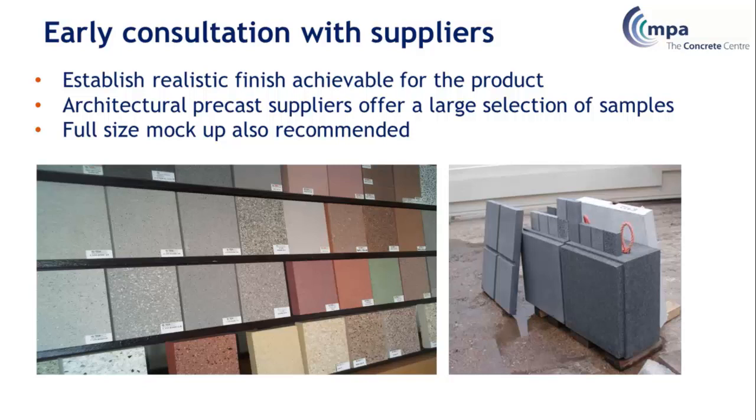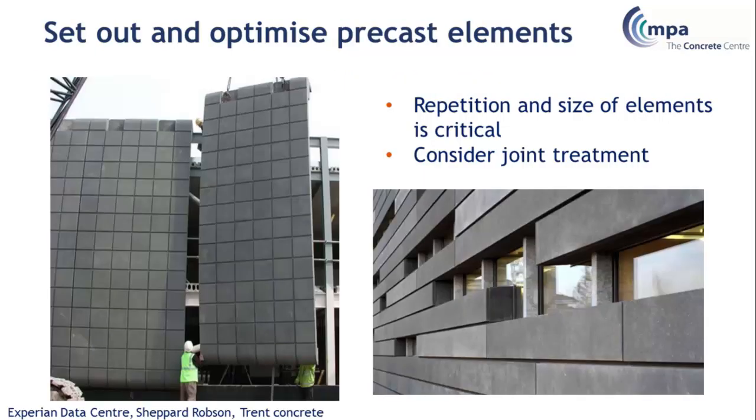So you can spec to sample, but when you get to spec to standard, you're going to be wanting to look at full scale to make sure that you understand that the standard is the finish that you're after, and set it out. Precast is really important. Think about joints really early on. You're in denial if you think you won't see the joints. There are tips and tricks you can use to minimize that, incorporate it within the architecture, but